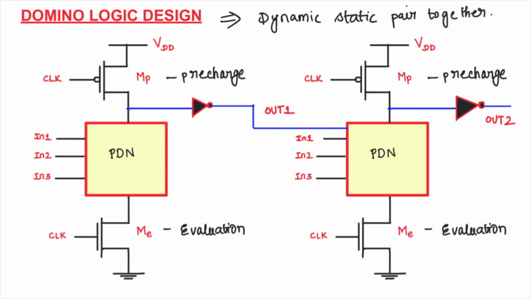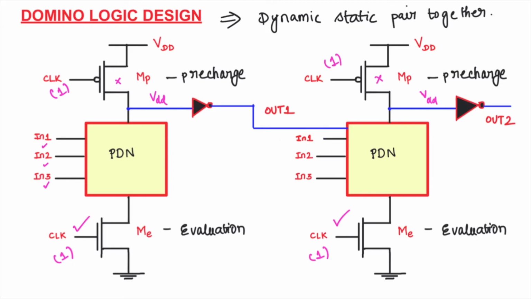Now we will set clock equal to 1 to enter into the evaluation phase. So clock is equal to 1, applied everywhere wherever you find this clock. So now what will happen? NMOS transistors only will turn on for a high input. So the PMOS transistor, here it already had VDD, will now be in off condition. Here also it already had VDD, so let us write that. And now this will be in off condition, and the NMOS transistor will be in on condition because it has turned on for a high input, and now it enters into the evaluation phase based on these inputs.